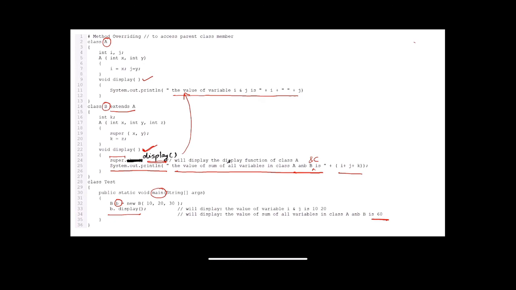Now again, this is very problematic, that we have to write the super keyword every time we have to access a parent class method. To solve this problem of calling the overridden method inside the child class every time, we are using the concept of reference variable. Let us see how this works.